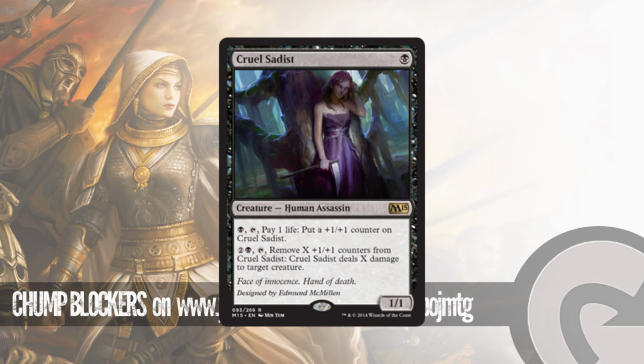The tap clause slows it down far too much. In standard, which is the environment I'm talking about here, you need to be using your mana more wisely. You need to constantly be on curve, be doing something, not just going, okay, I'll tap this now, and it can't do anything, can't block, can't do this. Pay a life. Oh, it's just...